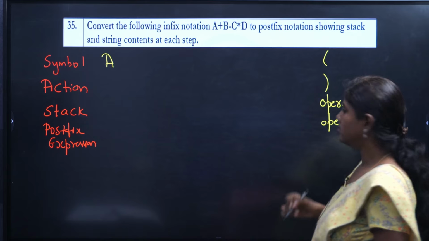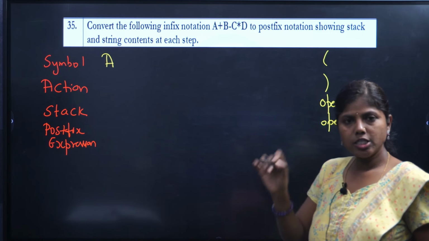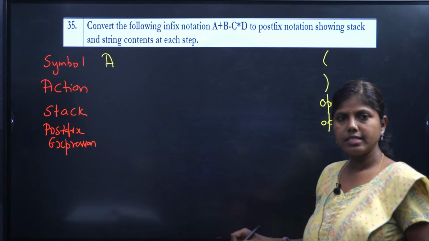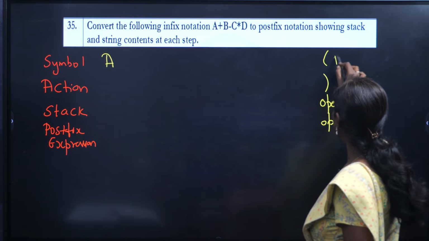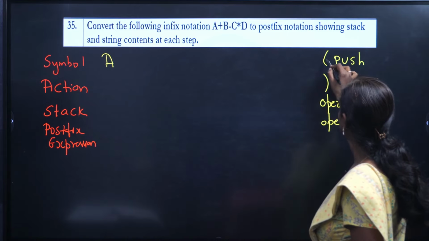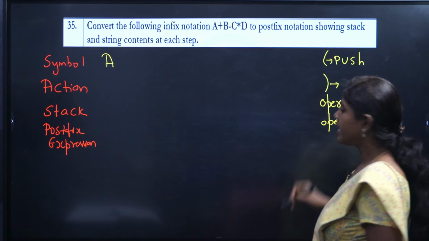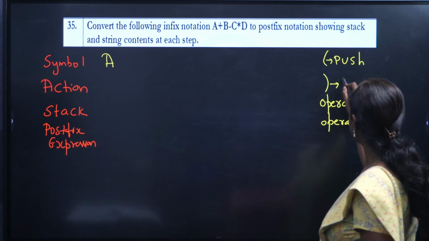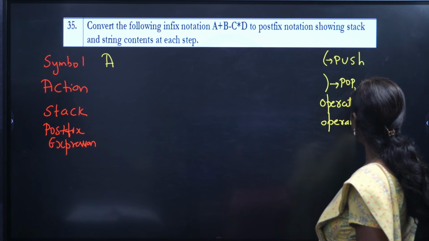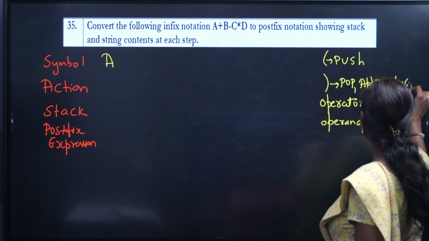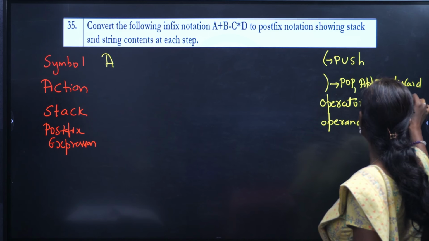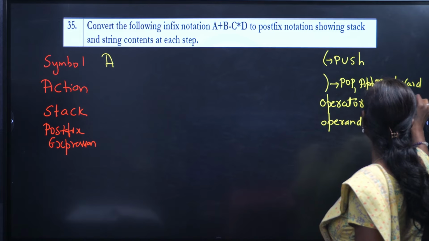That's all. Parenthesis, left parenthesis, right parenthesis, operator and operand. What if you get a left parenthesis? No worries, push. If you get a right parenthesis, pop it. When you pop it, what do you do? Append it to the postfix expression and discard. Discard what? Discard the operator, discard the